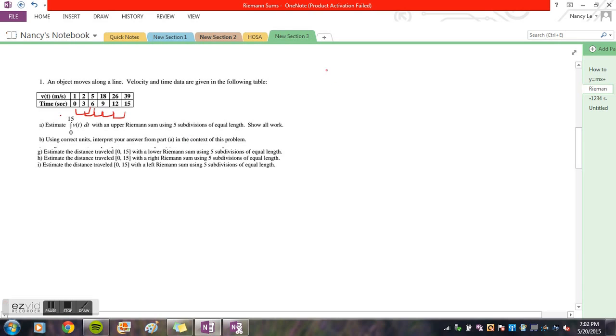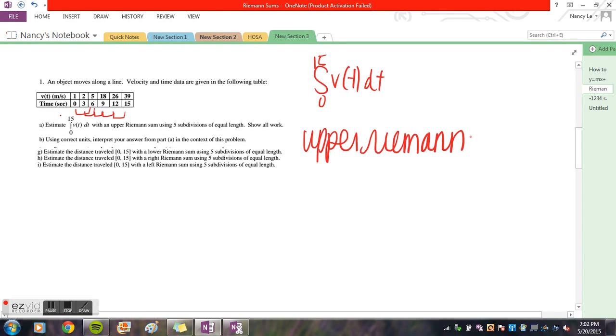That's 1, 2, 3, 4, and 5. So it wants us to evaluate the integral from 0 to 15 of v of t dt. Since it's asking for an upper Riemann sum, we would take the highest y value for each x value. So for the upper Riemann,